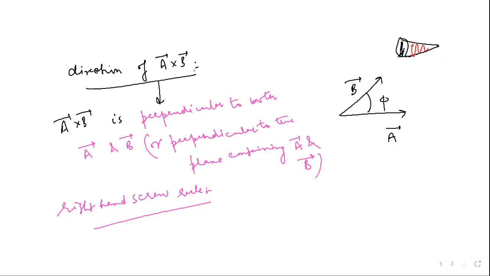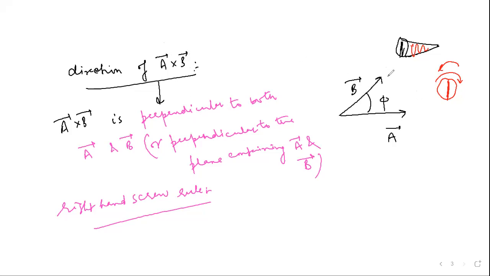A right hand screw is, for example, if this is the face of a right hand screw, if I rotate it in the clockwise sense, it will advance in the forward direction, right? If I rotate it in the counterclockwise sense, it will move outward, it will move back. So the right hand screw rule says, assume these vectors are on the face of this right hand screw. Now if you have to find the direction of A cross B, you push the first vector, that is A here,